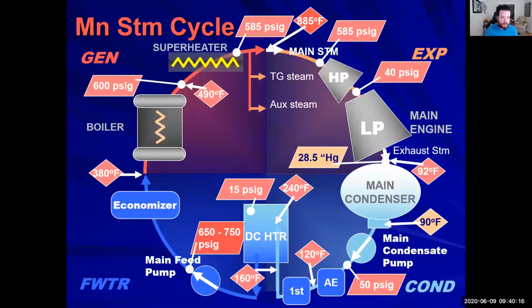First of all, we should be looking at how high of a pressure is leaving our boiler. You guys shouldn't have this number almost memorized to the point where you know your 600-pound steam. It's coming out of your boiler, and that's your main steam line there. And as it comes through,